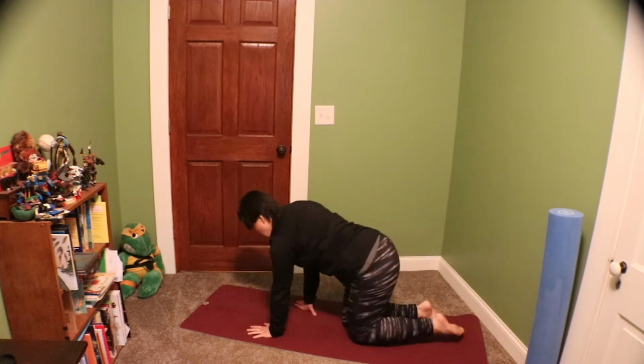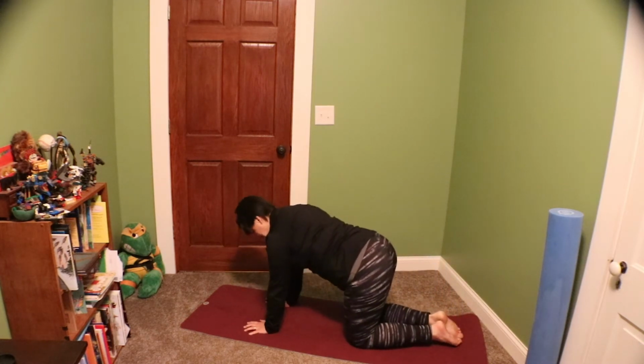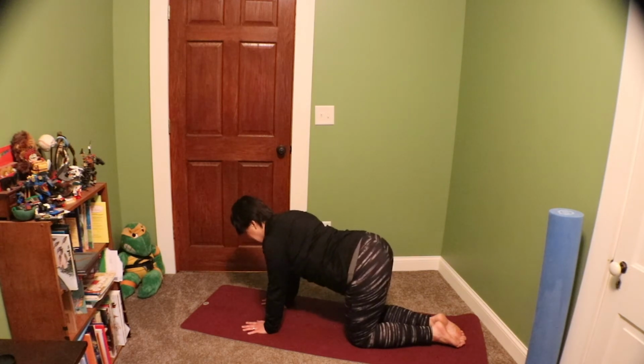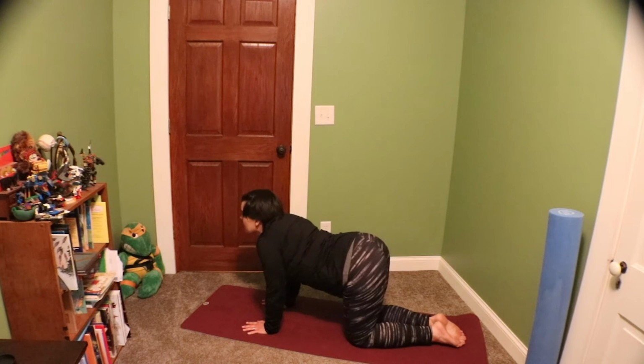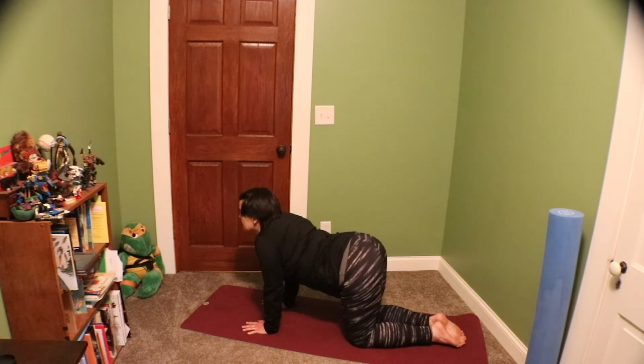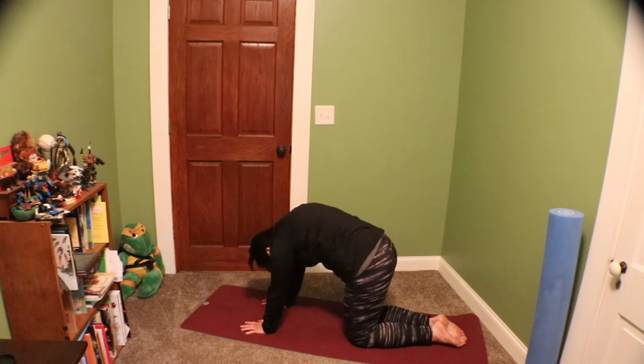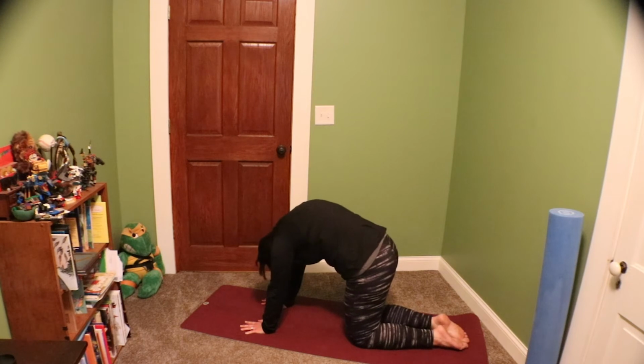So we'll come onto all fours. We've got our knees under our hips, our wrists under our shoulders, and our fingers are spread nice and wide, long line from head to tail. On an inhale, we're going to let the belly hang and let the head and the tail come up behind us, pushing into the mat with our arms. And then on the exhale, we arch the spine. Head and tail come under